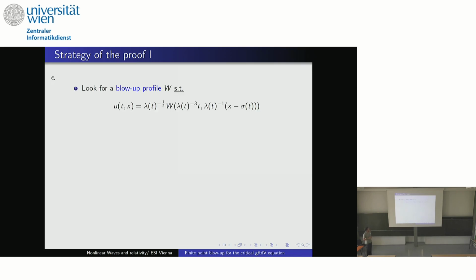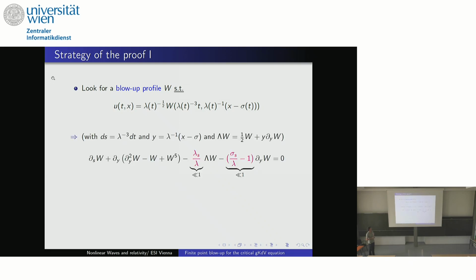Okay, so the strategy of the proof. The idea is that we rescale the problem. So we take a rescaling. Lambda is a parameter, the dilatation parameter, which depends on t and goes to zero. And sigma of t is a translation parameter. By using the chain rule, you can rewrite the equation in this form. Now, if you take the variable w, you can also rescale the time, which is natural through the scaling. If you do this, you will get this equation here. And this is the term that you get when you derive with respect to lambda.